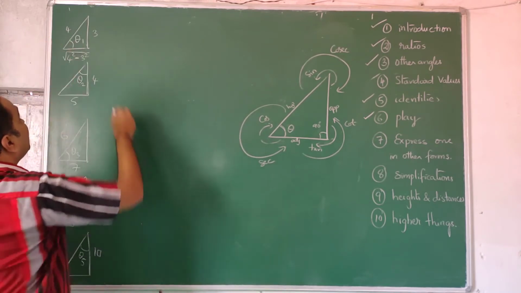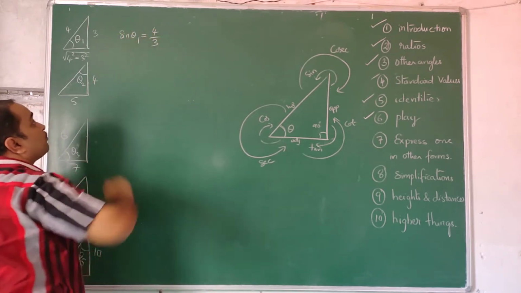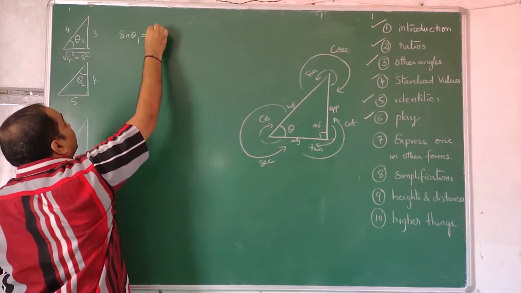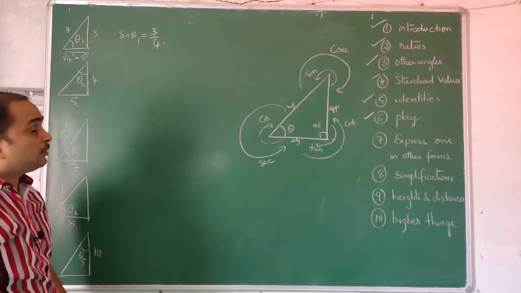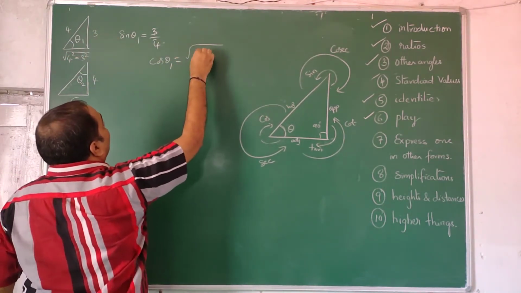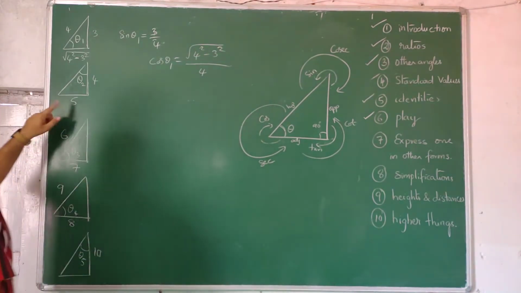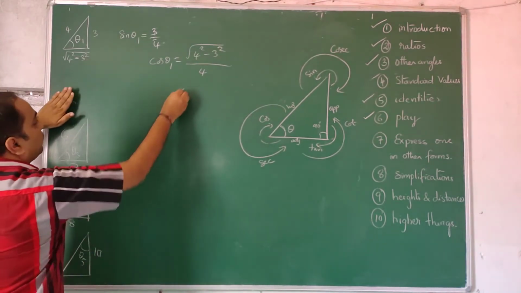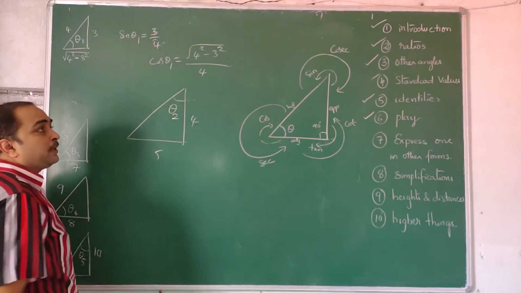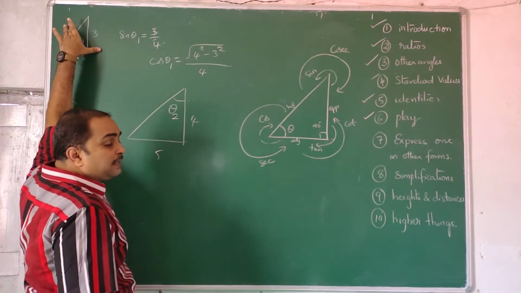This is theta 1. Now I want sine theta 1, this by this, 4 by 3. If I do reverse, 3 by 4, sorry, 3 by 4. 4 by 3 is cosec theta. Now I want cos theta 1. This by this, under root of 4 square minus 3 square by 4. In this case, theta is here. I write it for that little bigger one, 4, 5, theta 2. Already theta 1 is being used. You can find 6 things in it: sin theta, cos theta, tan theta 1, secant theta 1, cosecant theta 1.